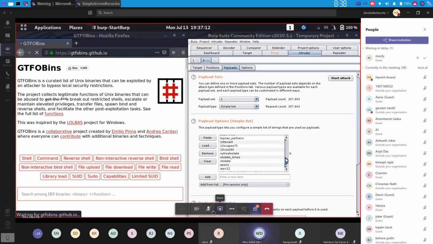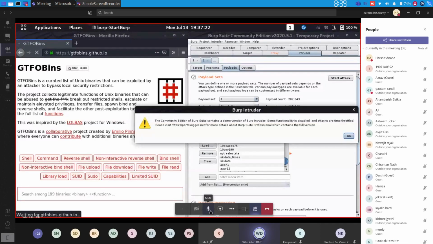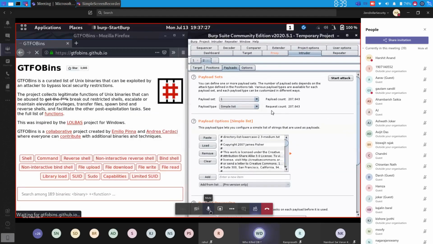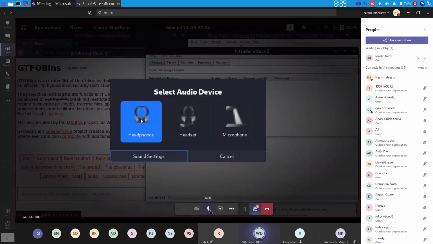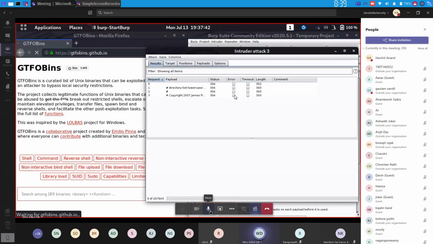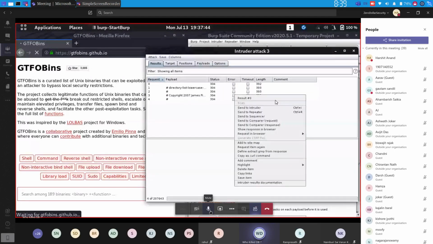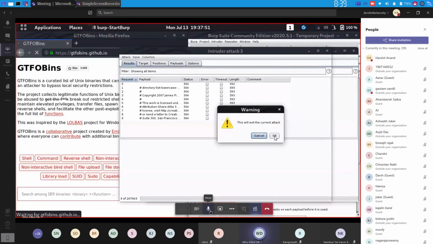Guys, wait, we need to wait for a bit because it is lagging. Devjit, can we schedule it to someday else, because your voice is breaking and you also have internet issues. People won't be able to understand anything because your voice is breaking and the system is lagging, so it will be a mess. So guys, if you are facing a problem, let us know, then we can move to another day. Your voice is still not coming.